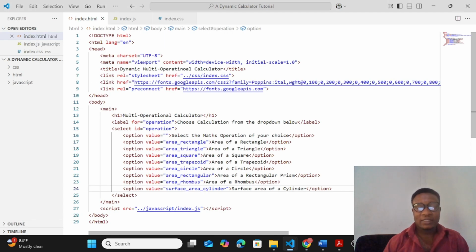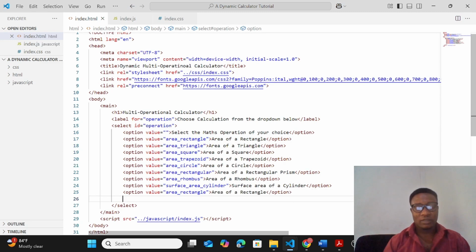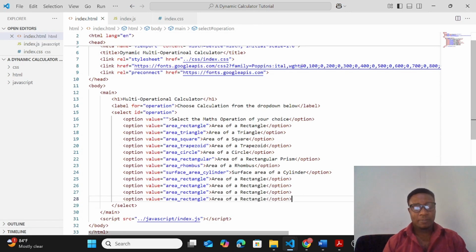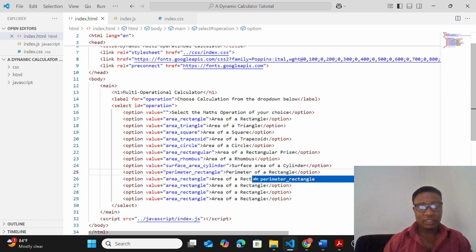Alright, after entering these areas, I want us to check for perimeters. So here I want us to check for perimeter of the shapes we have, maybe like perimeter of a rectangle, perimeter of a square, circumference of a circle, and so on. Alright, let's do it. So perimeter rectangle, perimeter rectangle, perimeter of a rectangle. Should I just copy all these things and then